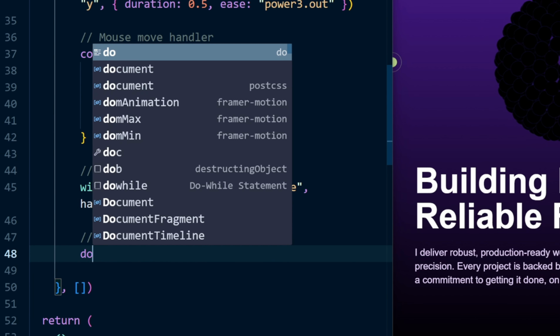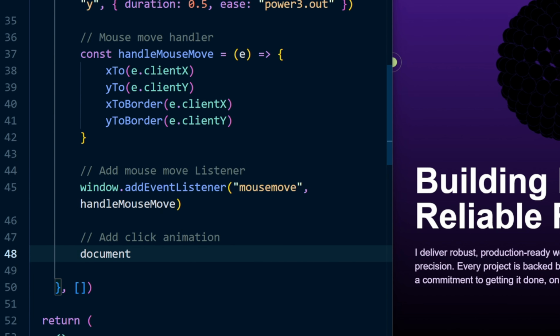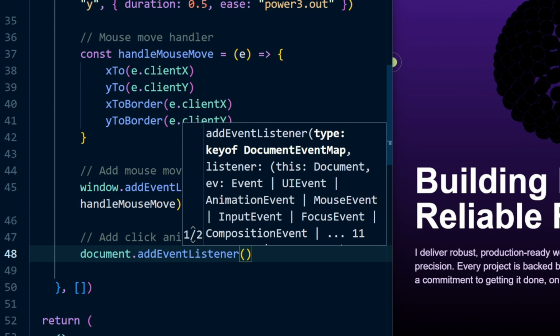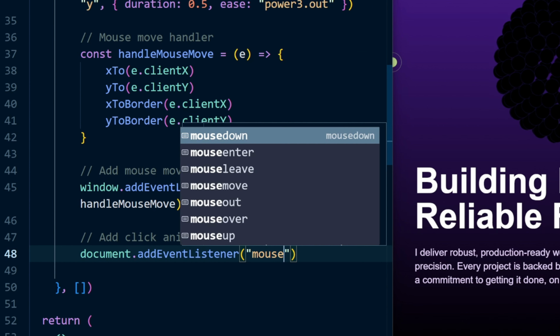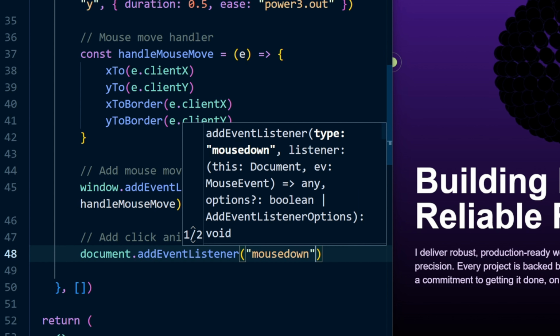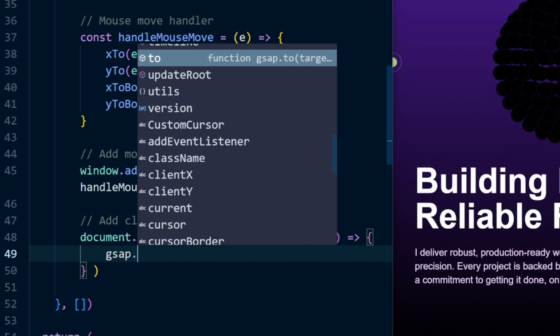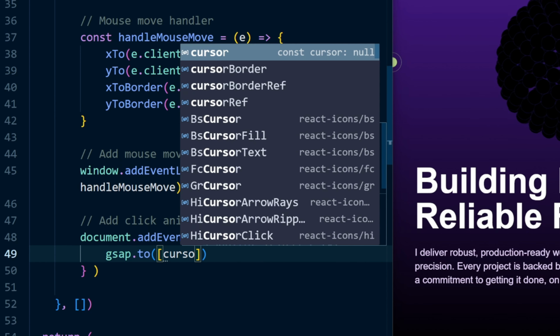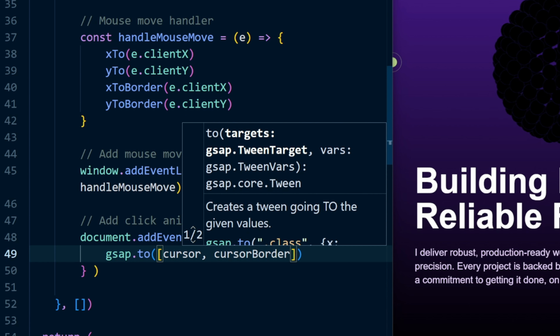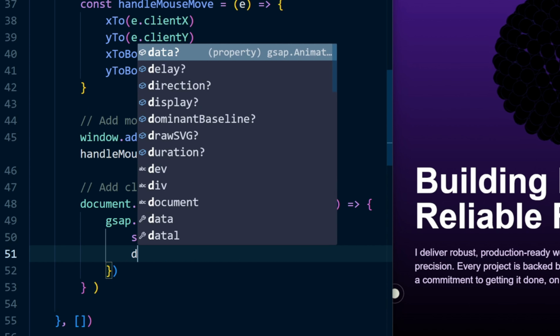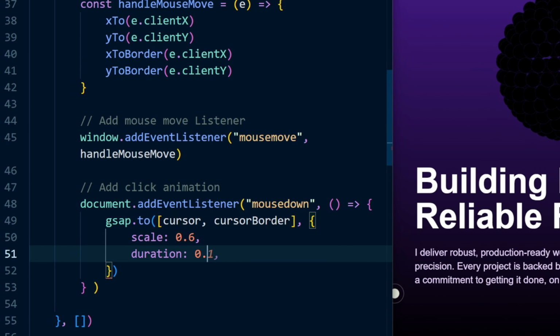We're going to listen for two types of mouse events, when the mouse is pressed down and when it's released. We start by telling the browser, hey, when the user clicks anywhere on the page, and for that we use the mouse down event, we want to shrink the cursor a bit. Inside the event listener, we use GSAP's to method to animate both the dot and the border by scaling them down. We set the scale to around 0.6 and give it a short duration, like 0.2 seconds,